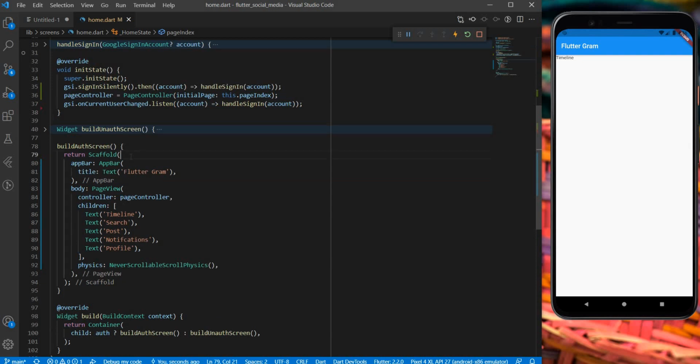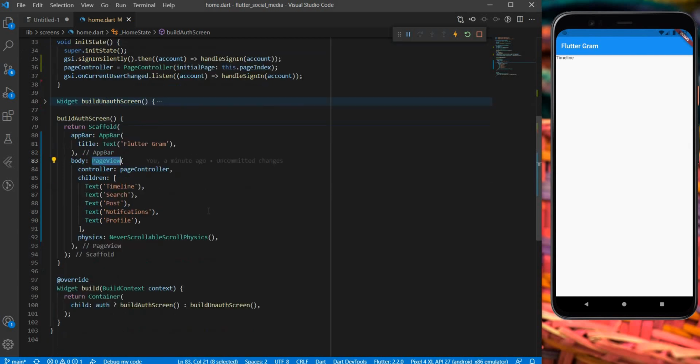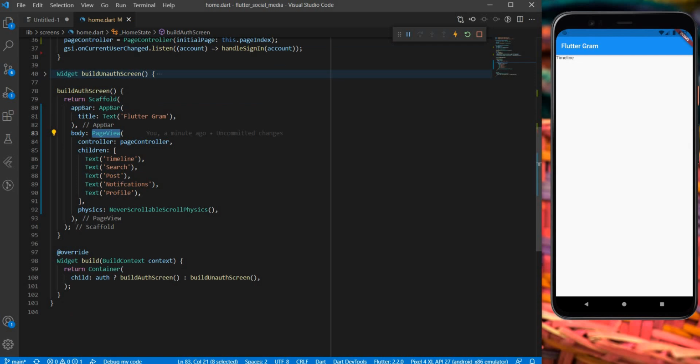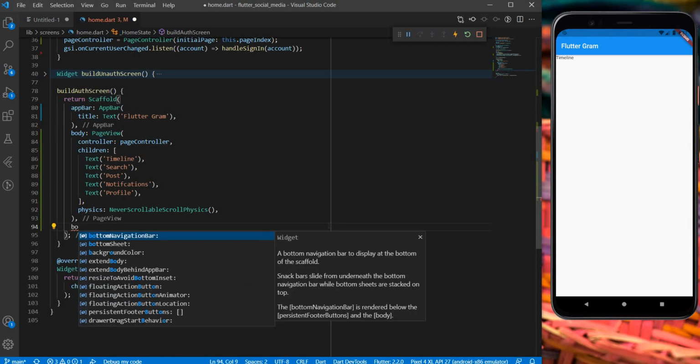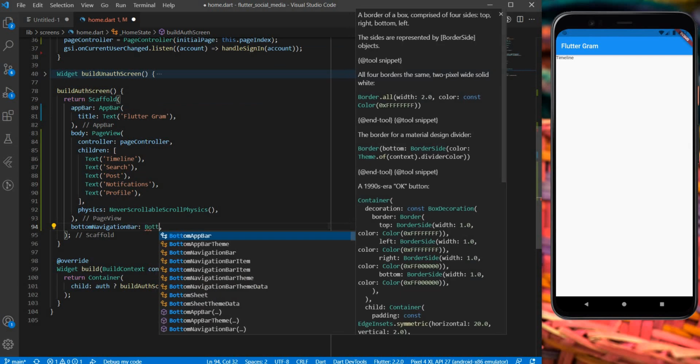Now I am going to add a bottom navigation bar to this scaffold, using which we can control which page is going to be displayed within the body of this scaffold or within this page view. Let's come down here and let's add a bottomNavigationBar to the scaffold.